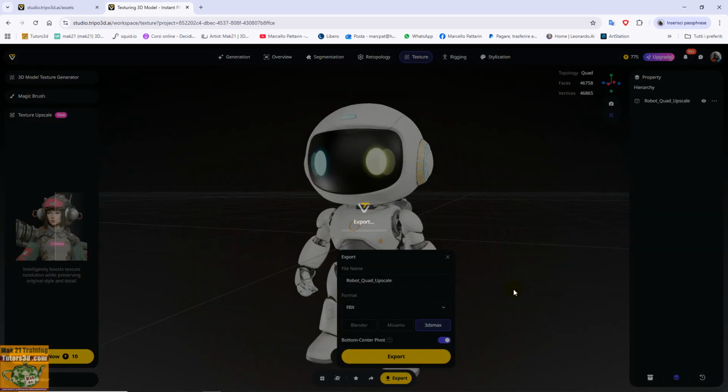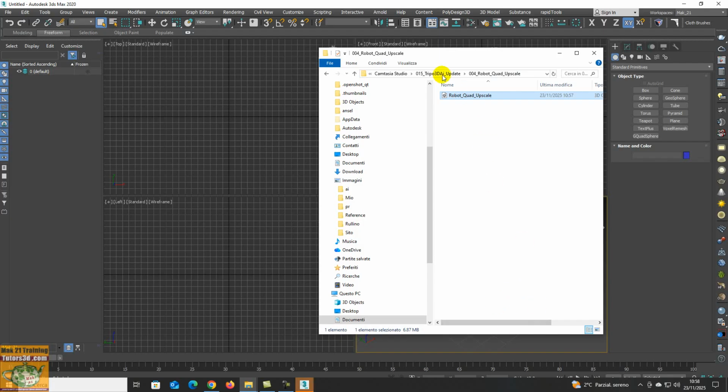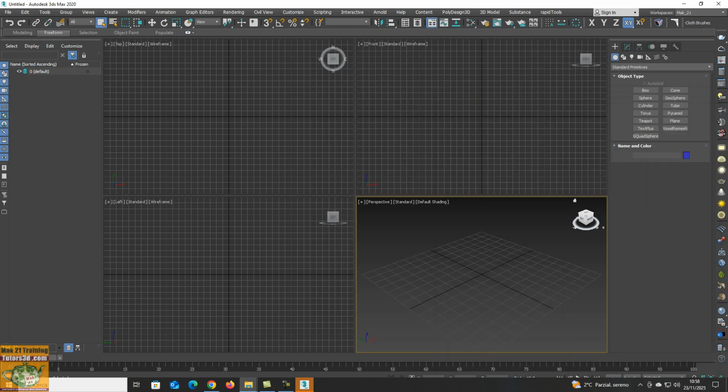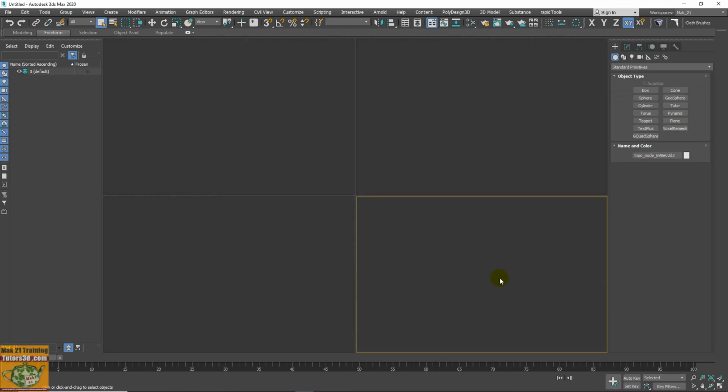There is a folder called upscale quad robots. You see that the textures are not there in this one. Now I place the file, import file, OK, I position it where I want as I did with the other elements.